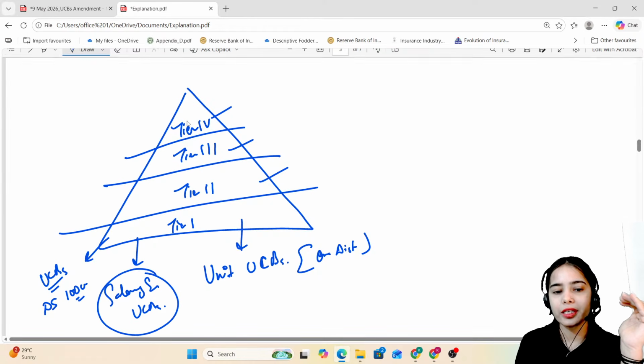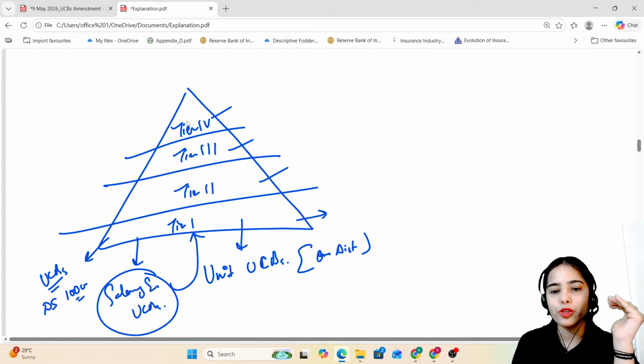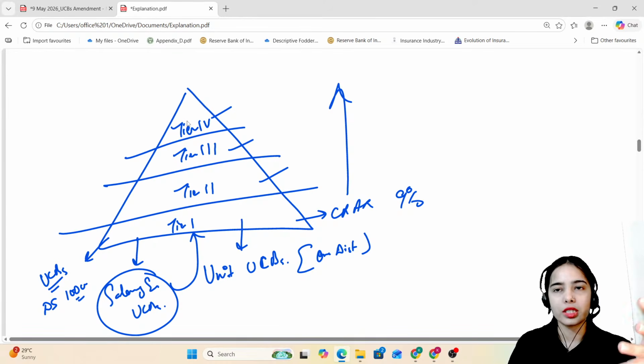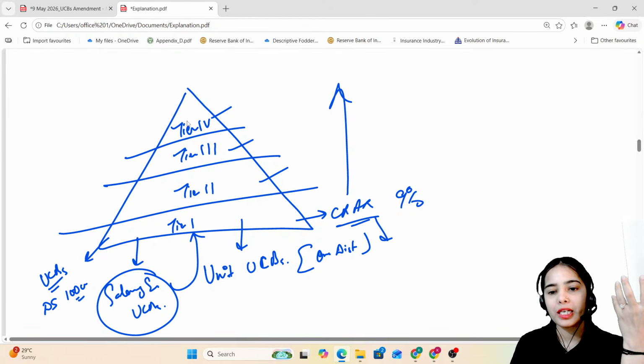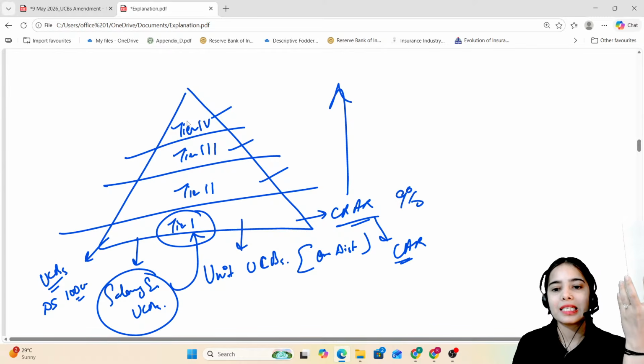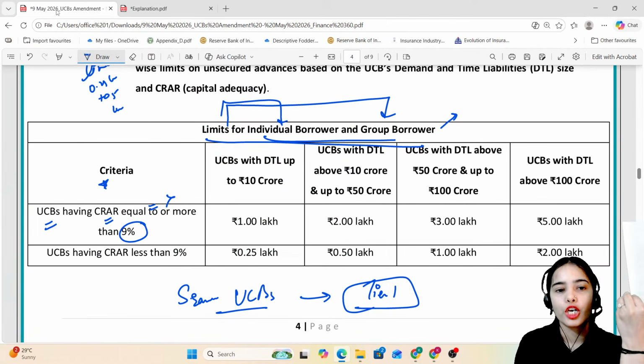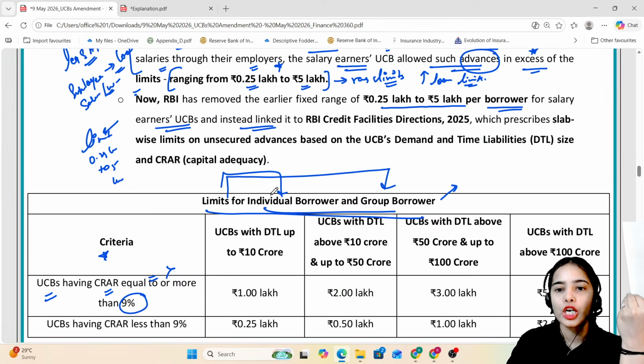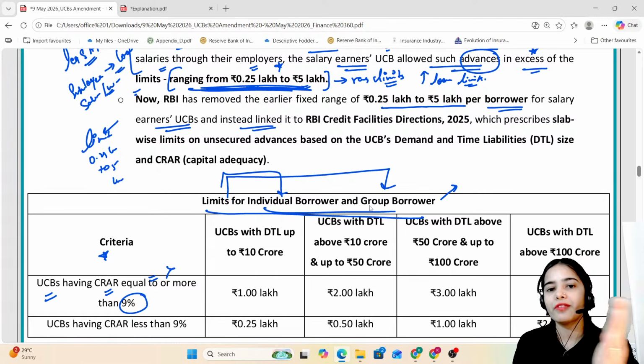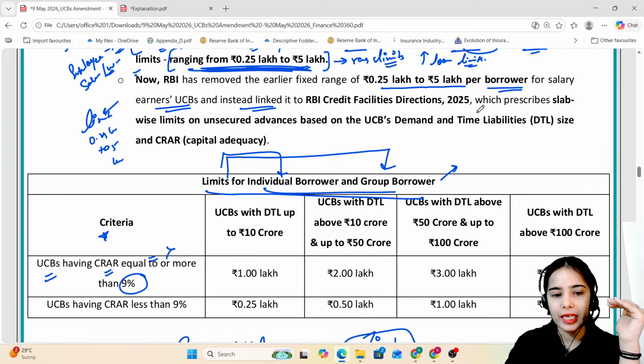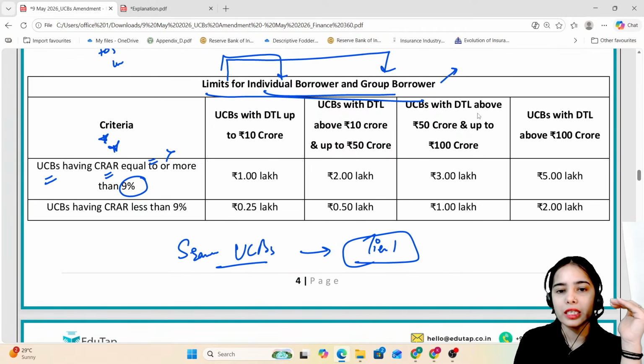But basically the salary earner UCBs come under tier 1 and they need to maintain a CRAR of 9%. The higher you go, the more CRAR you have to maintain, but the capital adequacy requirement for tier 1 UCBs is 9%. Here we are talking particularly about the salary earner UCBs that come under tier 1. For the salary earner urban cooperative banks, before, the limits were between 0.25 lakh and 5 lakh. But now it has been said that the limits are on the basis of the CRAR and the demand and